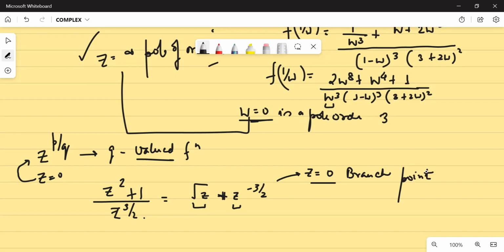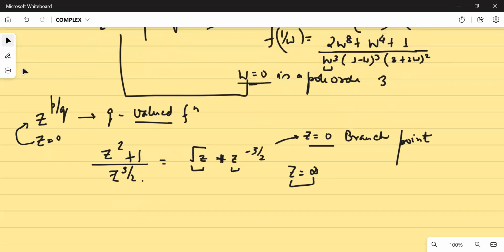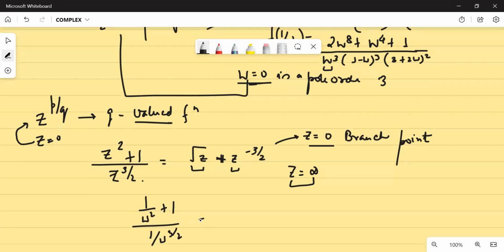Okay. And what about z equal to infinity? What sort of singularity would be at z equal to infinity? In order to judge that, you have to just replace z by 1 over w. So you'll get 1 over w square plus 1 divided by 1 over w raised to power 3 by 2. You will get w raised to power 3 by 2 divided by w square plus w to the power 3 by 2. And you will be left with w raised to power minus 1 by 2 plus w raised to power